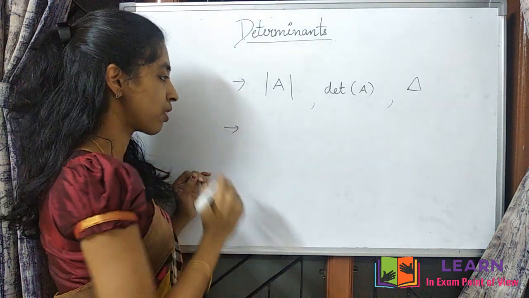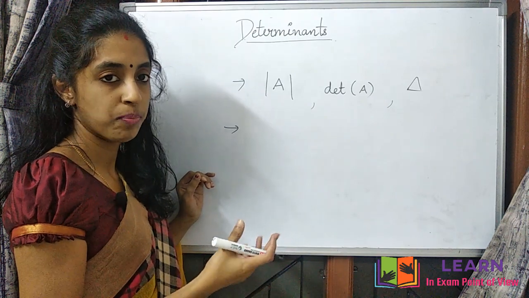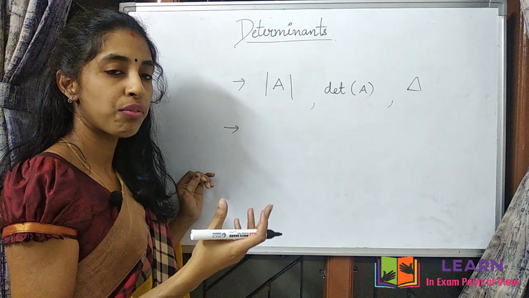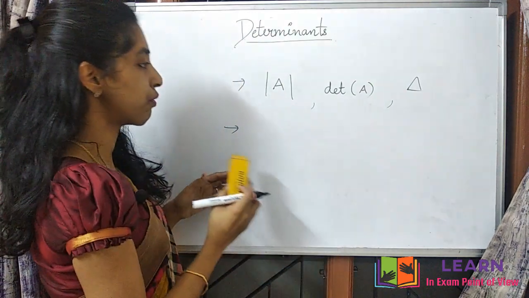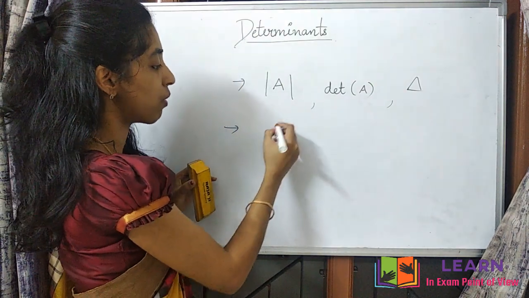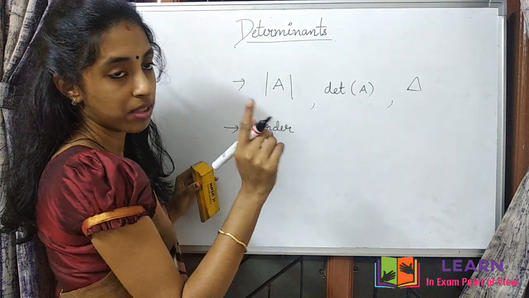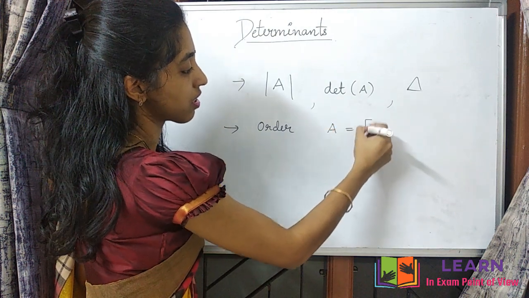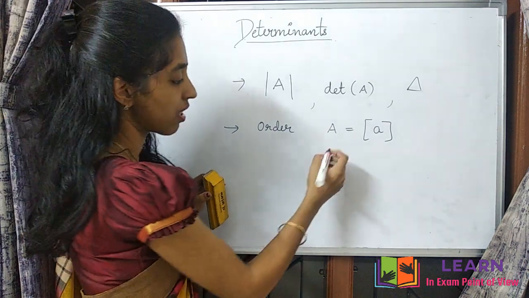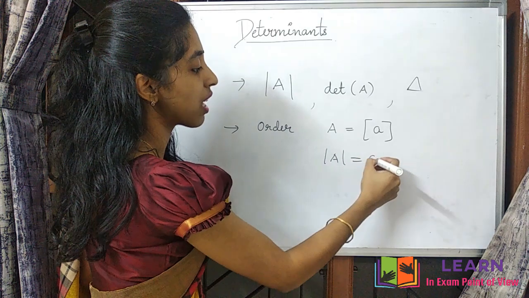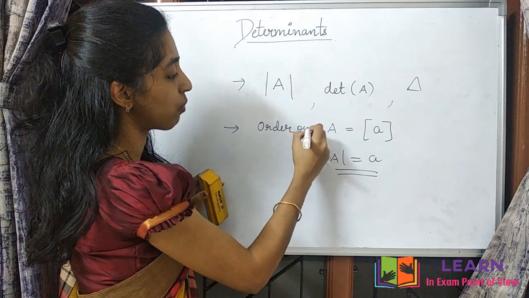The next point you should memorize is that only square matrices have a determinant. Now I will show how to solve the determinant of a square matrix of different orders. First, a square matrix of order 1. Order 1 means there will be only one element. So for the matrix A with one element a, how can we calculate the determinant? Determinant A will be equal to that same element a, in the case of order 1.